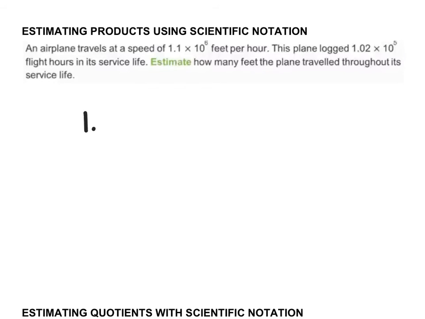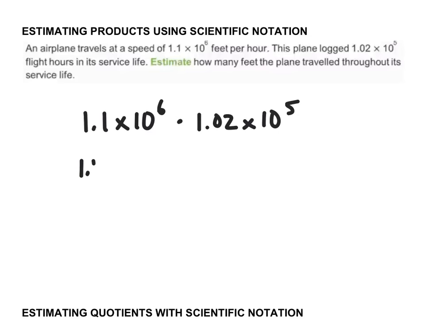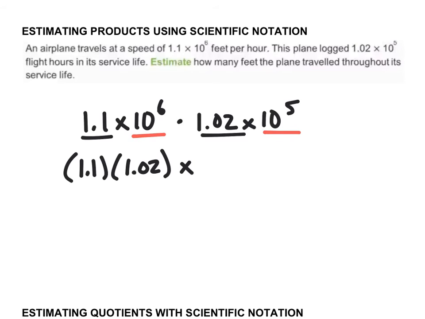We can do 1.1 times 10 to the 6th times 1.02 times 10 to the 5th. Okay, we just multiply those numbers together. When I do this, I do 1.1, this number, times 1.02. And then I can multiply 10 to the 6th times 10 to the 5th. Okay, and so 10 to the 6th times 10 to the 5th, we can do those as well. So let me do 1.1 times 1.02, and that's going to give me